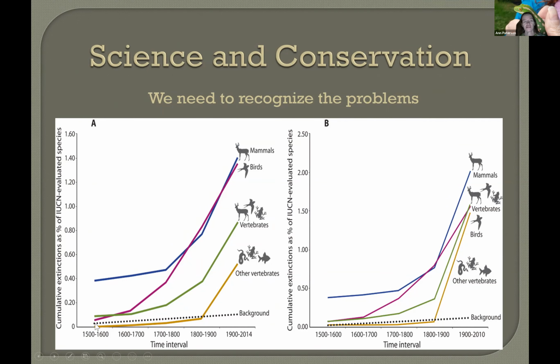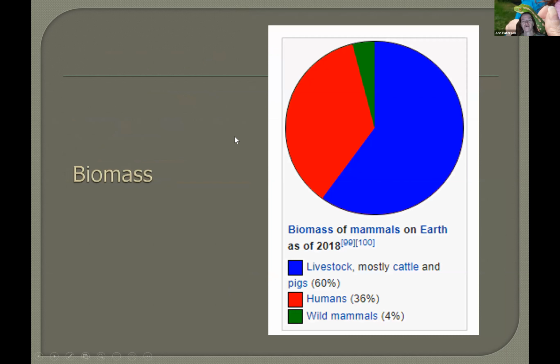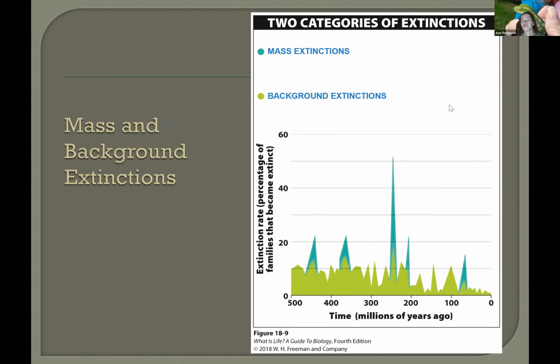So if you look here, this is our background extinction rate, our normal extinction rate that we would expect. And you can see these dramatic increases in extinction rates in all of these different groups of organisms. This is focusing in on vertebrates, but of course we're seeing this in other organisms as well, like insects. I'm going to move my little group of images over so that I can see it, but this is showing